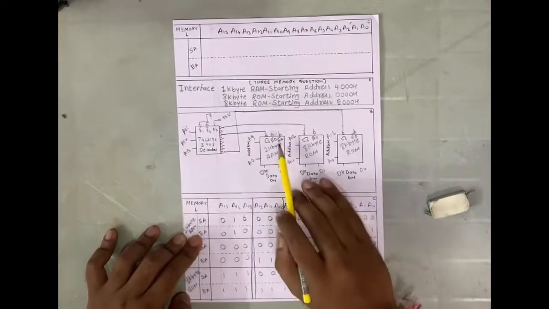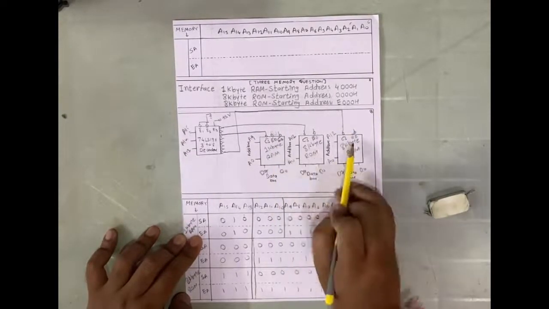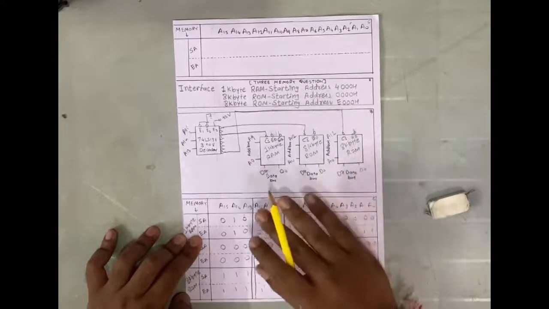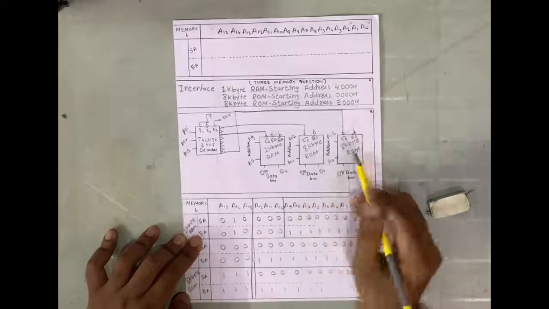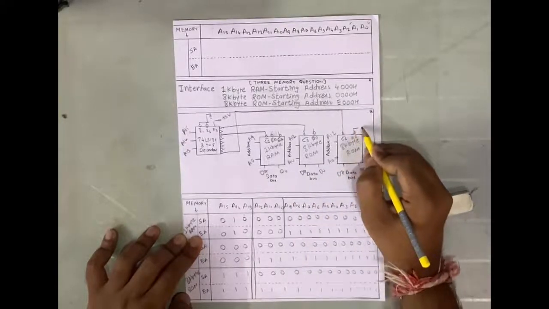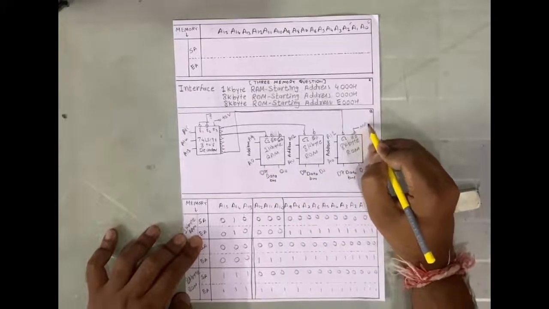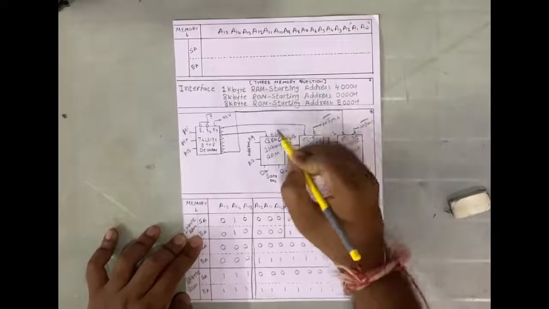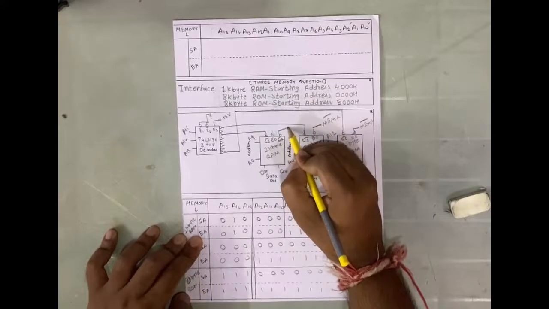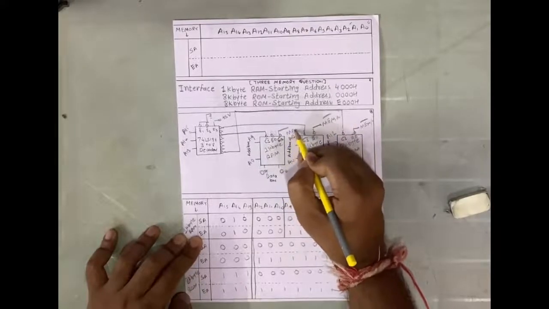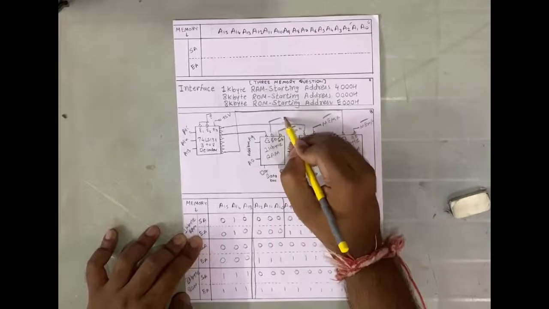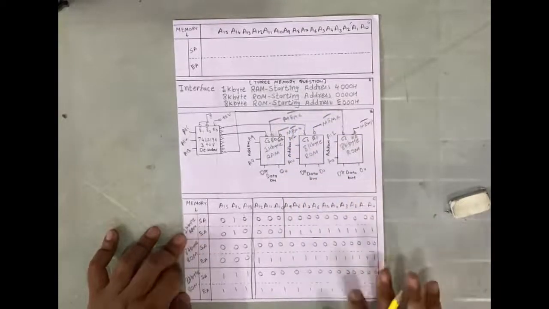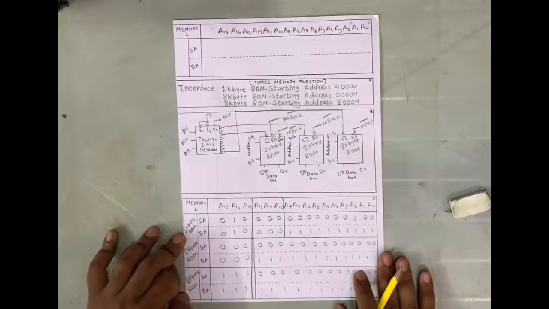Okay, now you can see that the control signals remain. In the memory interface question, no signal should remain empty. So at read bar, we will connect the control signal memory read. Again, memory read. In the case of write bar, we will connect memory write, and for read we will connect memory read. And this is how the memory interface question is solved.